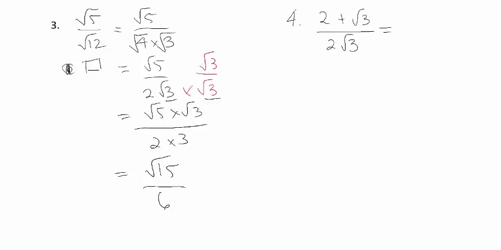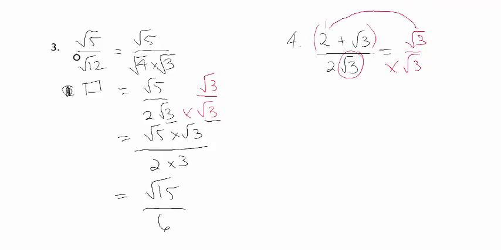What if I have something like this that looks a bit complicated? Again, all you want to get rid of is that. So again, you times it by square root of 3 over the square root of 3. Law of the universe, whatever you do to the bottom, you have to do to the top. The difference now is I really need a bracket there. Inside the bracket is times by inside, and don't forget your signs. So in this case, it becomes